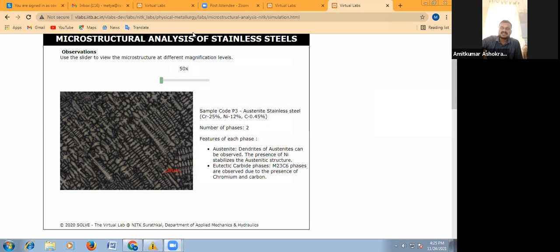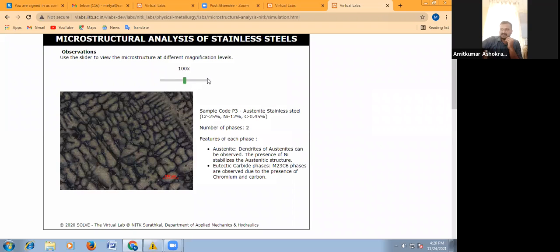This is the final stage where you will get the microstructure you have observed under the microscope, shown here with the help of this slider. You can change the magnification.